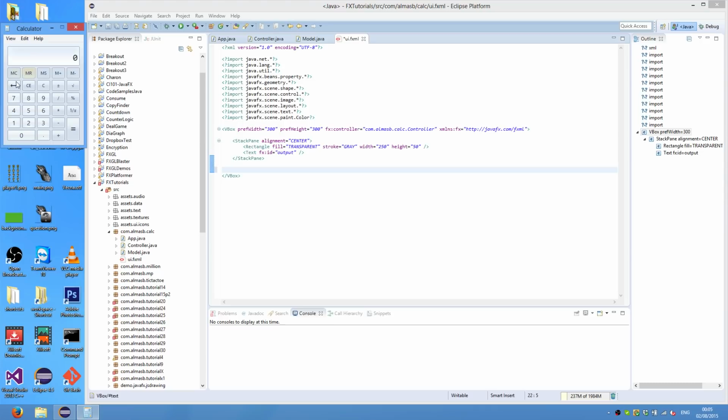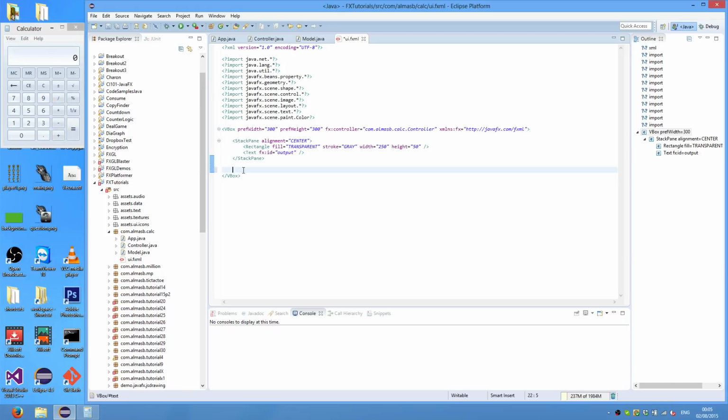We'll do just a simple version, so we'll have the numbers and the 4 basic arithmetic operators and the equals sign to calculate. We can do this using a horizontal box, I think. Spacing 10. Also put spacing here so that there is a space between elements. And within the horizontal box, so it's going to be a single row,